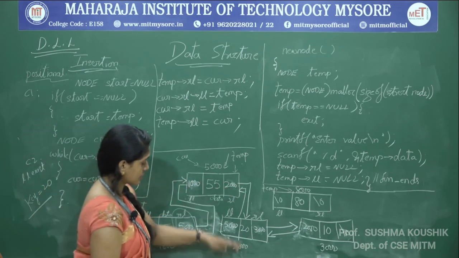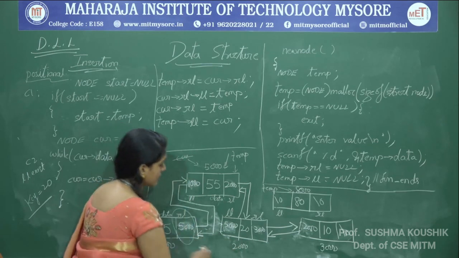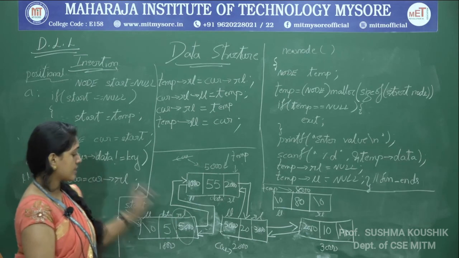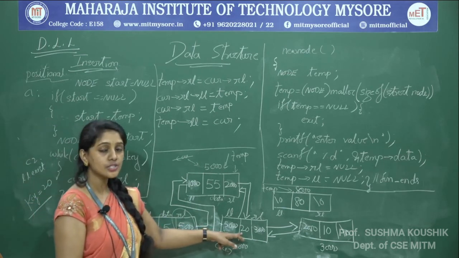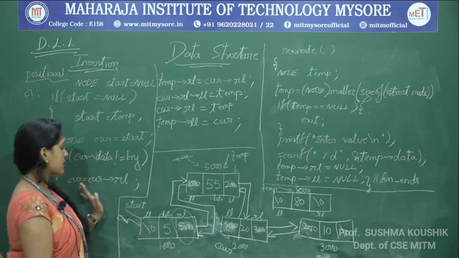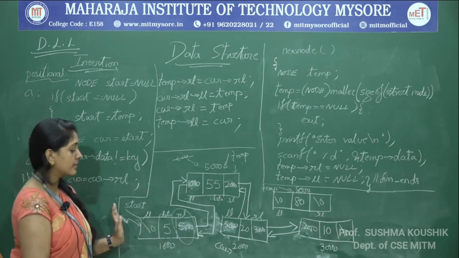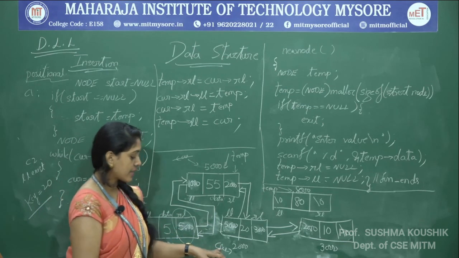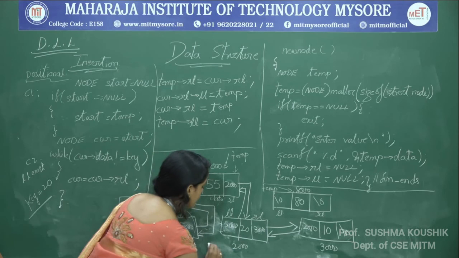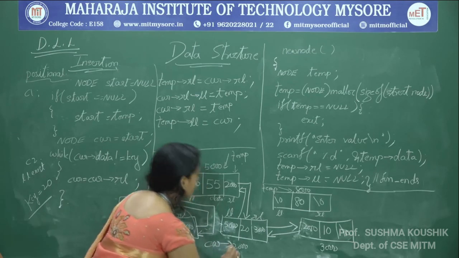It is still true. So we will traverse, current is equal to current of RL. Current of RL is 2000. 2000 is here. So no more, current is here. Now I will check is current of data not equal to key? No, condition fails. Current of data is equal to key. So we will not traverse current anymore. We will stop over here, and now we have current over here in the 2000 position.